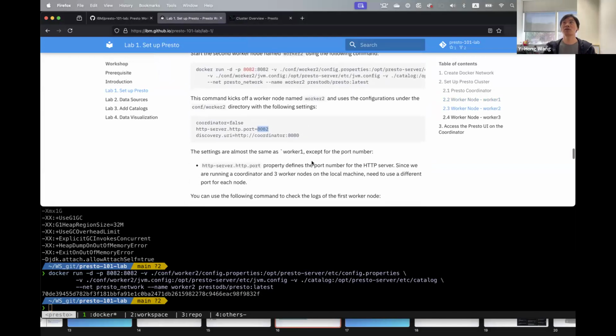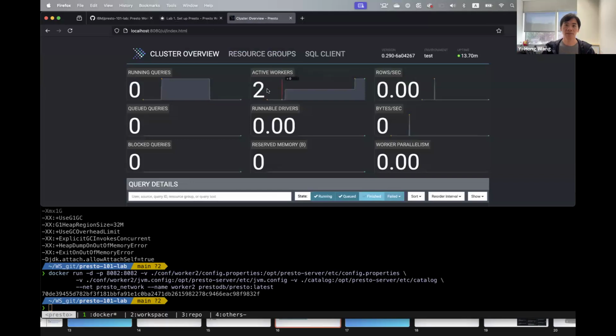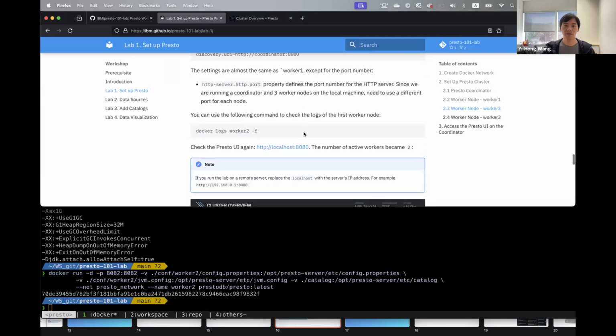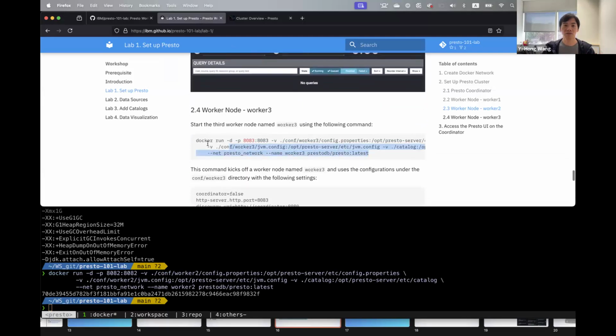But if you deploy the worker and the coordinator on different servers, then definitely you can use the same port number, because they will be unique on that server. But because we run everything on my localhost, I definitely need to set a different port number. Then we see the number bump up to 2. So let's keep going. We can definitely spin up the third worker